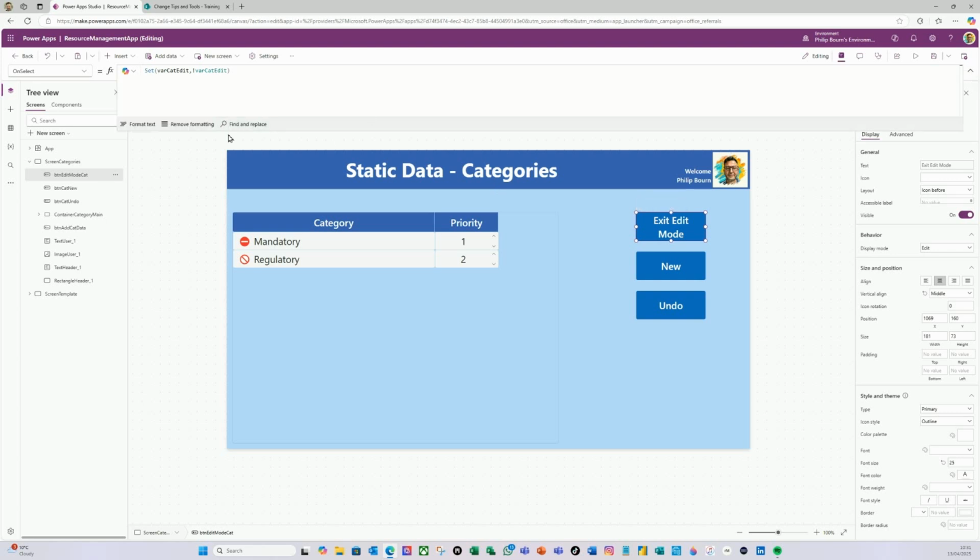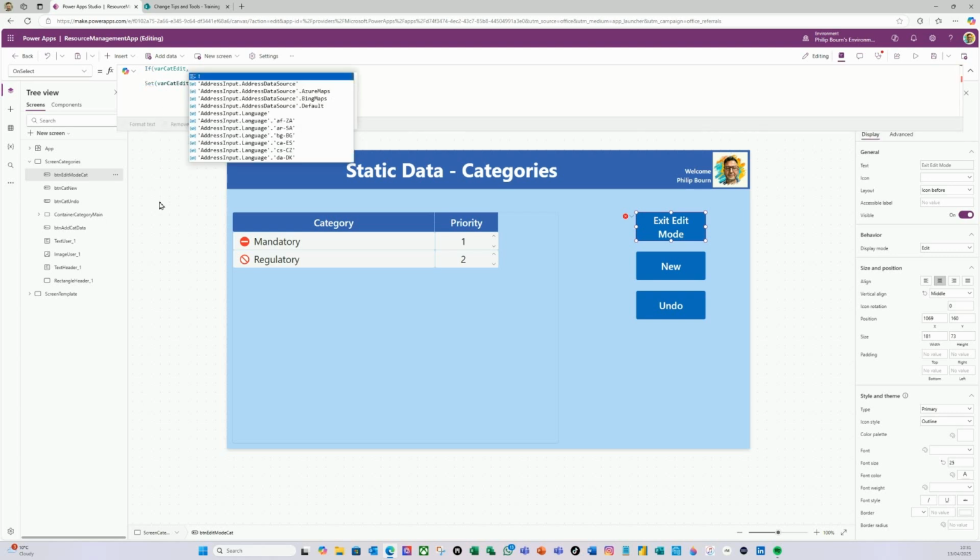I'll just expand this. So at the moment we've got it flipping that var cat edit from true to false and vice versa. So the first thing I'm going to do is I'm going to do some returns here, and I'm going to write if var edit. So in other words, if that's true, because this is a boolean that we've set up,